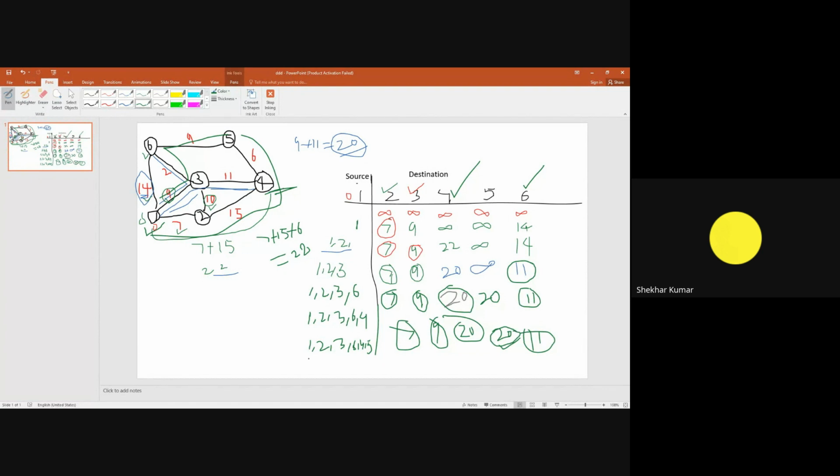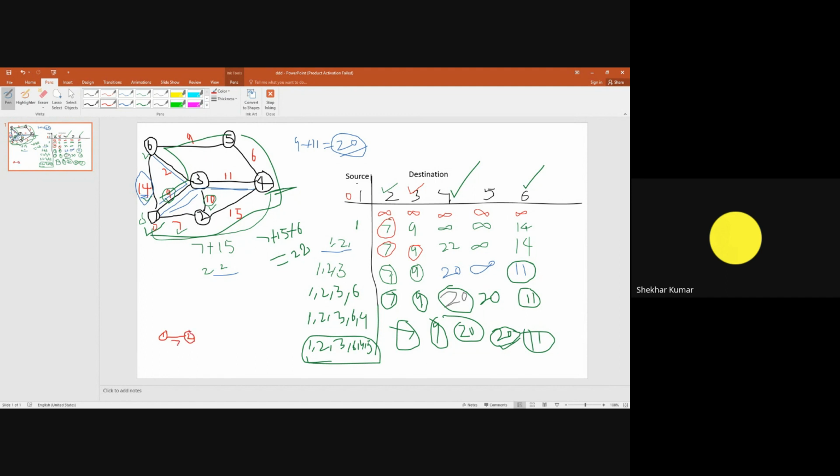Okay. Now you can see that I have traversed all the nodes in the graph. I have traversed all the nodes in the graph with the minimum cost, from source to destination. From source to destination, I have covered all the paths. You can see that from 1, with the minimum cost, I have moved to 2